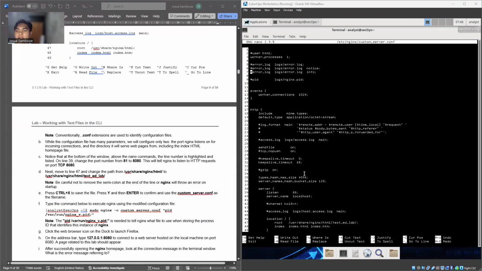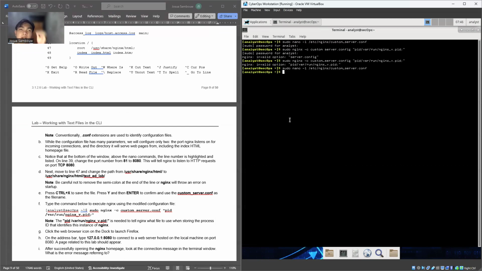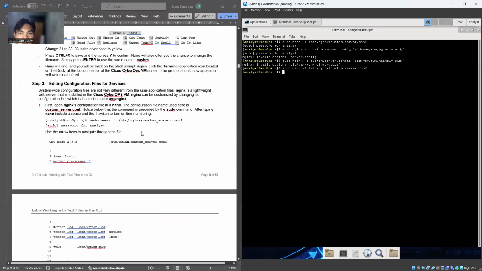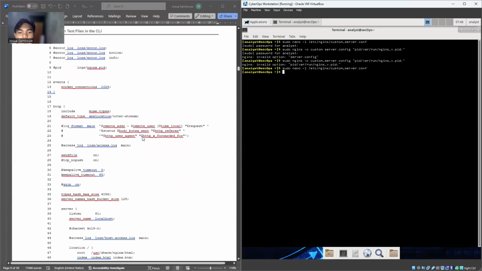So I already paused. I paused this screen share and I checked again to the top and I realized that I did something wrong. I'm sorry. Because I just opened the sudo nano again, I'm going back to the first step again. Not the first step, but just point A in step 3.